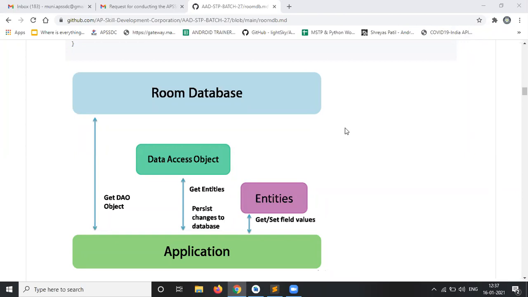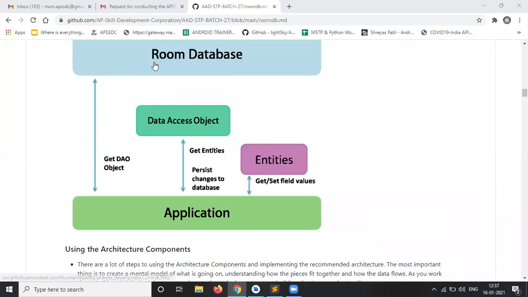This is our Room database architecture. Sir, it is recording, sir. Yes, it's recording. Confirmation.